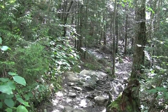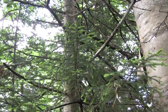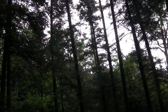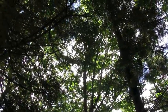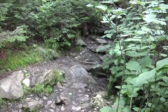So we've reached a local maximum here, and then, well, not really, we're just on the side of the hill. And we're going down just a little bit and then back up. And we're crossing another dry stream bed here. Hasn't been particularly dry in Vermont this summer, but